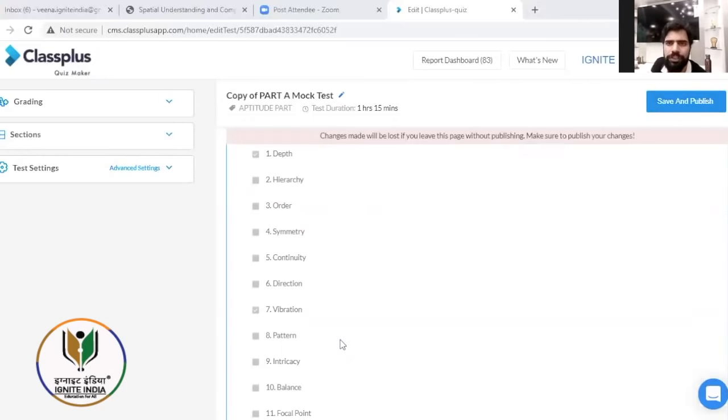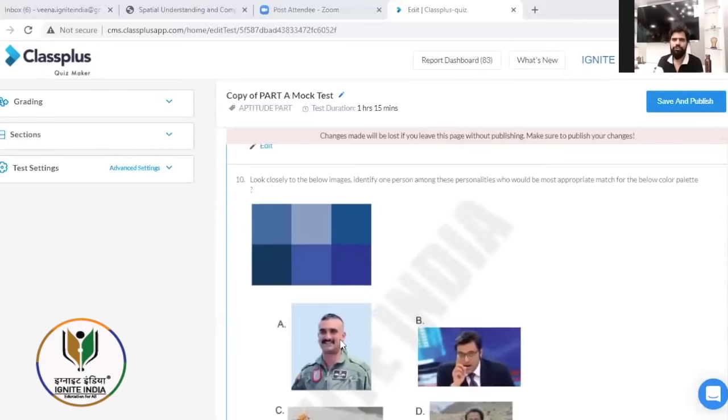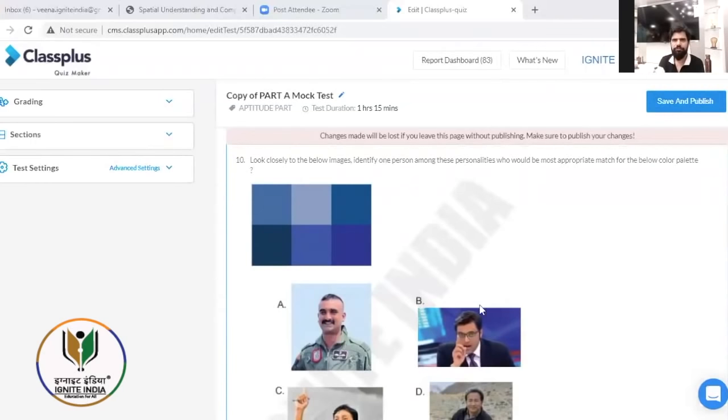So the most important word is vibration. I will go for vibration first, and obviously it's creating so much light and dark, so we'll go to depth. Look at all the words always on your screen, then select the 4 most important. There is a flow and it's very complex. So those are the important 4. Now the last one, which is question number 10, which is the blue color.